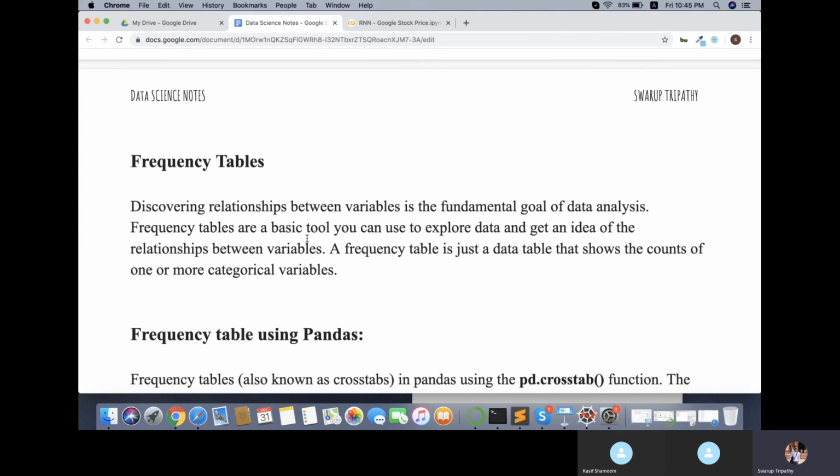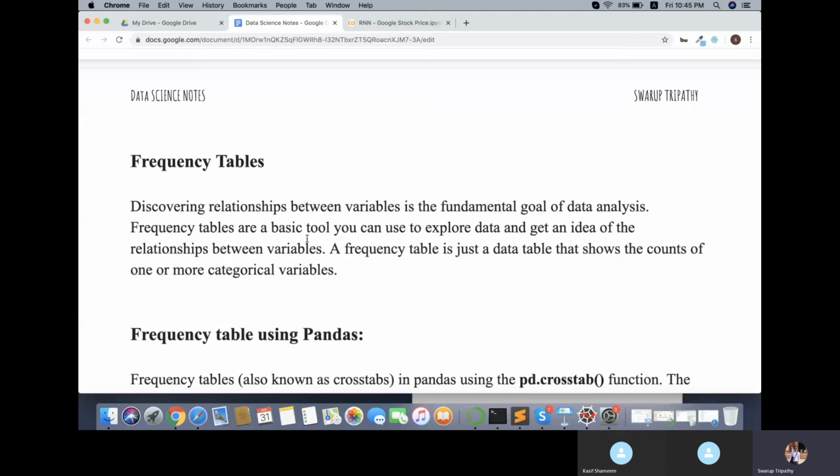In frequency tables, there is one more type called a contingency table. We are going to look into all those things. A contingency table is when you take two variables and compare the frequency. Suppose I am checking how many times A is present with respect to B, like if you combine both, how many times they are present. That tells you the relationship between A and B. So with a frequency table, you can find the relationship between your data and also the occurrence of your data, and you can use that number for statistical analysis.